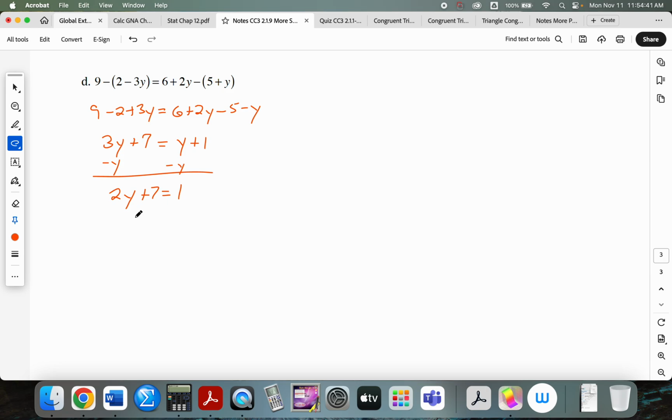To remove the 7 positive tiles, I need to add on 7 negative tiles. So that'd be 2y is negative 6. Divide by 2, and we get y would have to have a value of negative 3. Any questions? Okay,